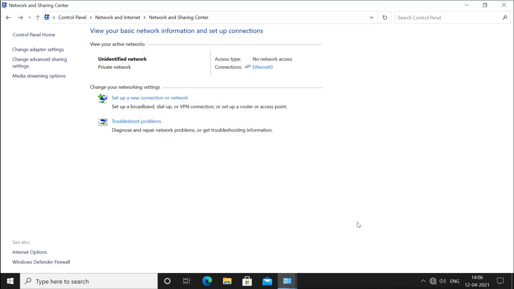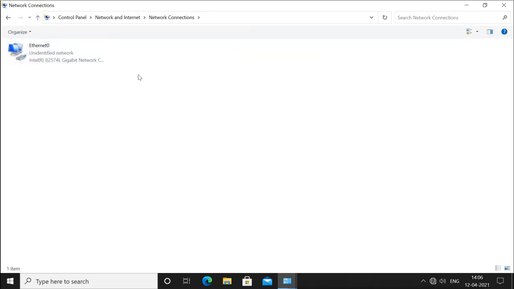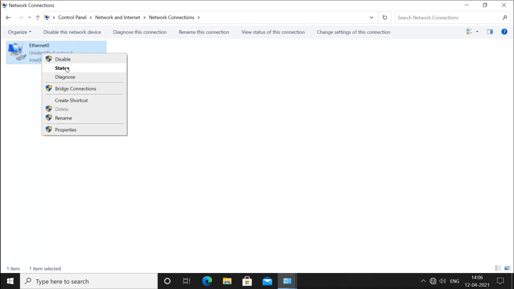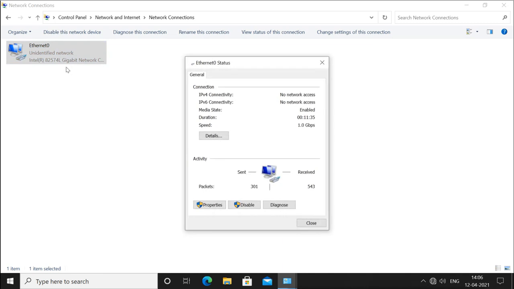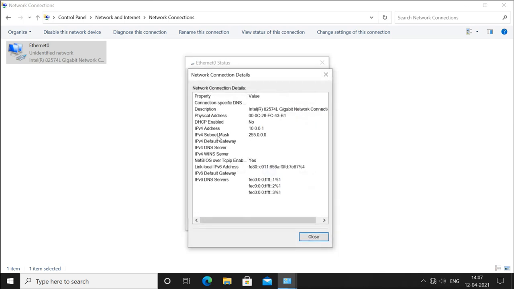And if you want to configure your local network IP with the network adapter, then you can click here to see the adapter settings, or also here. When you go here, you will see all the adapters connected to your machine, and you right click on it and check the status to see the current status. It shows here there is no internet connection, it is enabled, duration and speed. You can see the details. So what IP addresses does it have? IPv4, IPv6. There is no gateway and so on configured here.